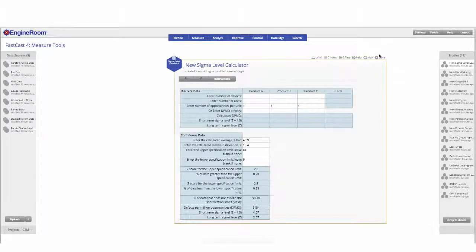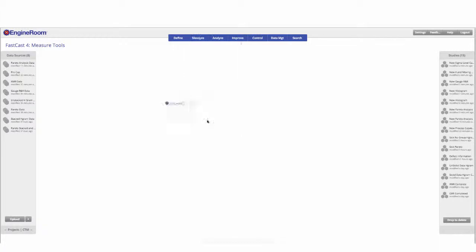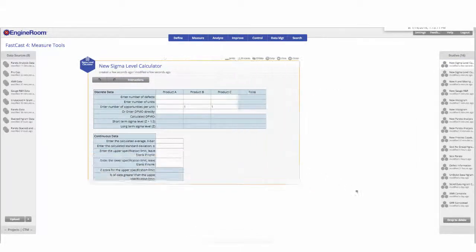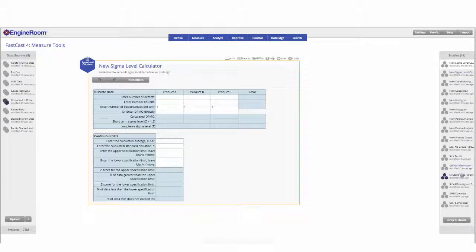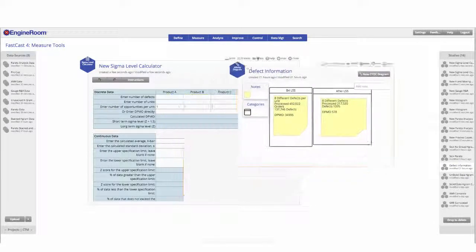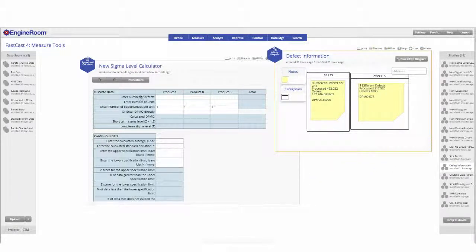Okay, so let's say we didn't want to go that route. I'm going to close this out and open up another one, just to keep it clean. All right, so I've just taken some information out of our course to populate this with. There's a game in one of the sessions that I'm taking information from. So we need to enter the number of defects first. So we know that we have 137,746 defects. How many units did we produce? 492,022. And enter the number of opportunities per unit. So we have 8. So once I've entered in that information, I can see my DPMO, my short term, and